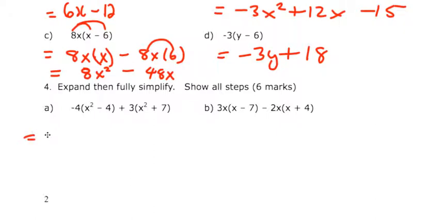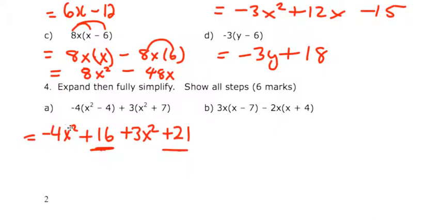So in question number 4, in A, you'll go minus 4 times x squared is minus 4x squared. Minus 4 times minus 4 is plus 16. Then I have 3 times x squared is plus 3x squared, and 3 times 7 is plus 21. Collect like terms, I have constants and I have variables. And if I'm careful,